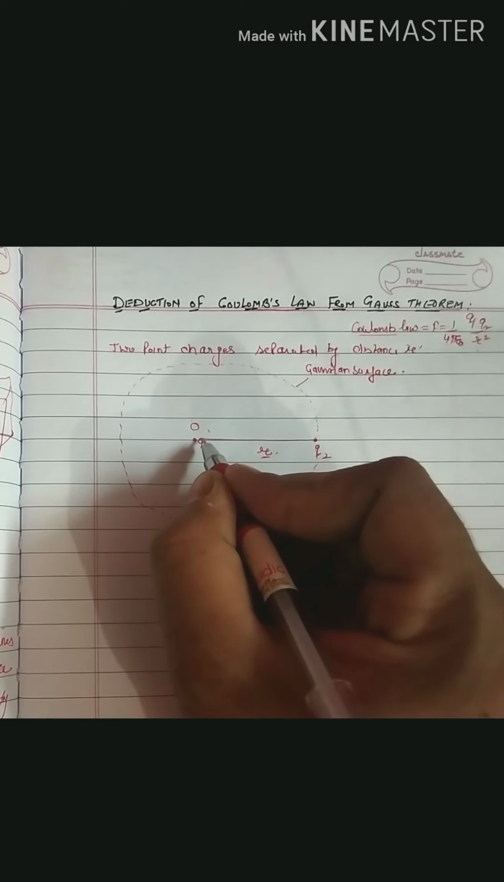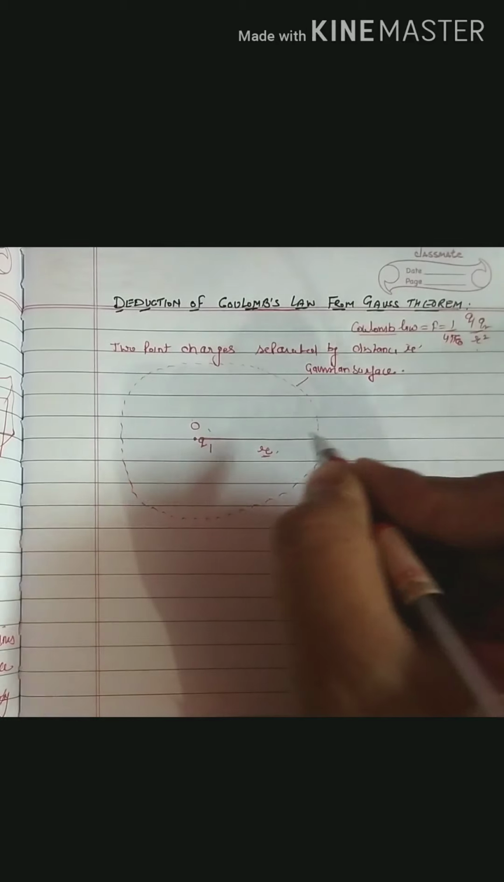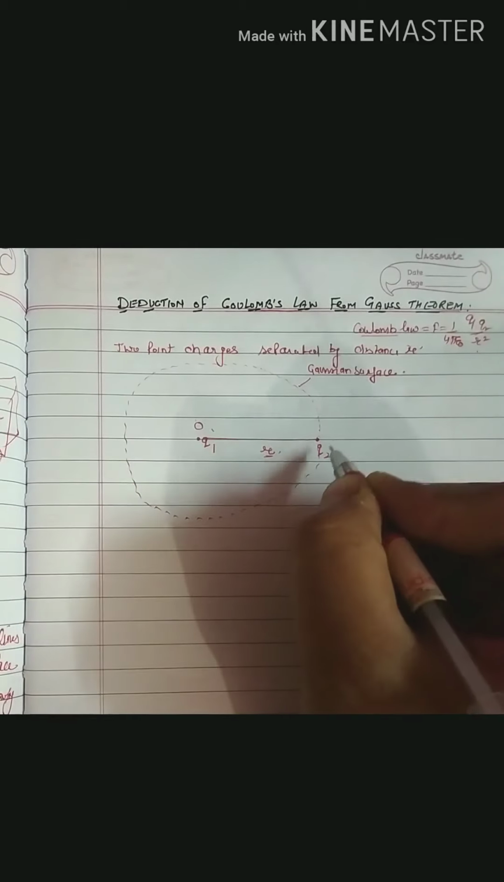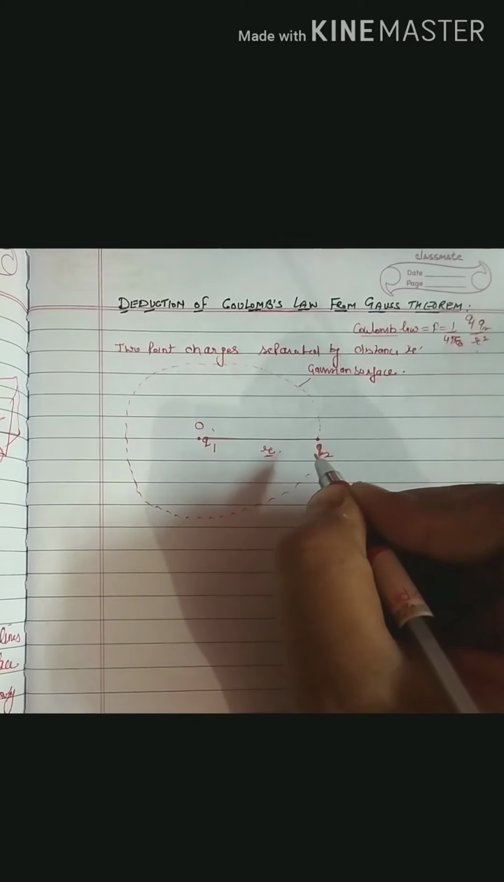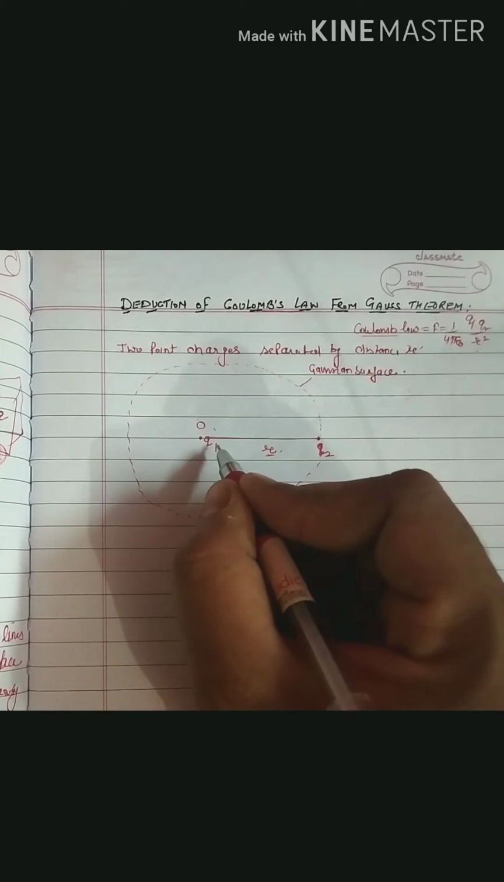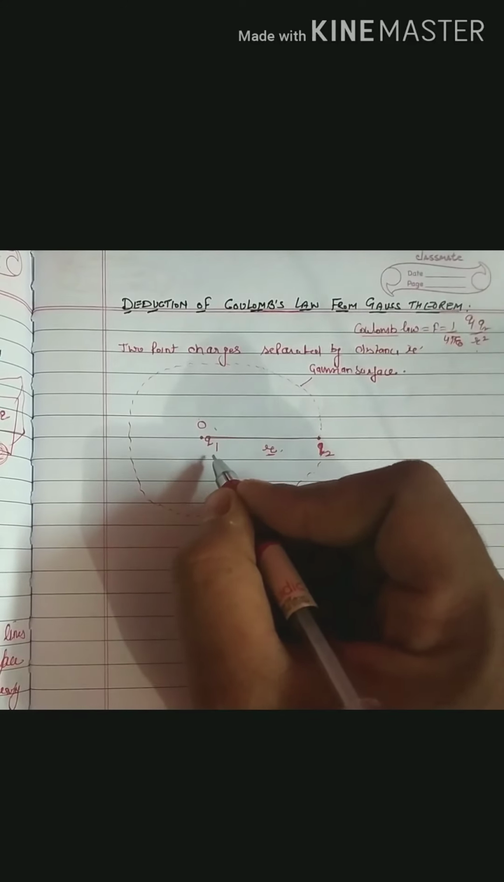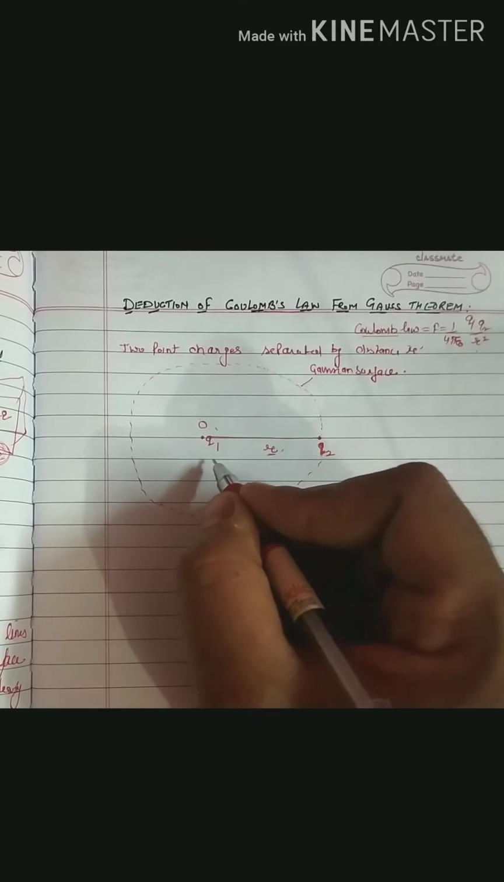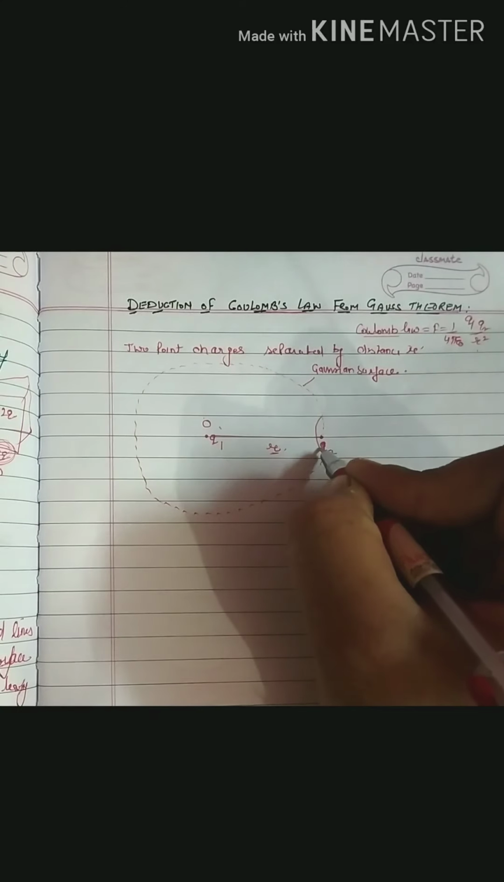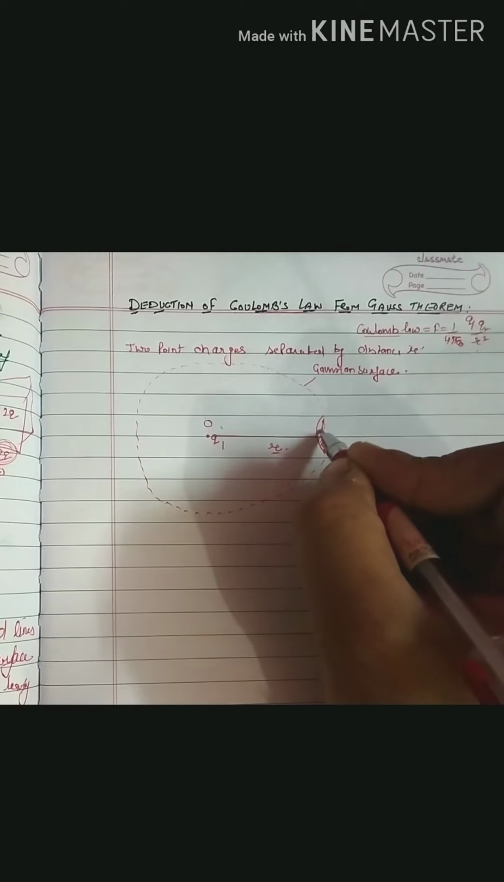Now Q1 lies at the center of this Gaussian surface and Q2 lies on the surface of this Gaussian surface. So later on we will use this Q2. Firstly we will study about the Q1. What is the role of Q1? Now with the help of Gauss theorem, what we will do? In the Gauss theorem we are considering one small area element